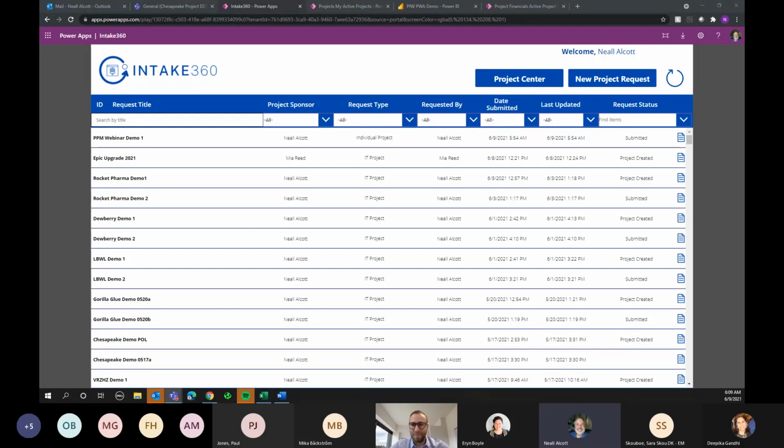So as Juan mentioned, we're going to focus on Project for the web and our PPM 360 Power App. But everything I'll be showing you today is built on top of the Microsoft Power Platform. And you can really leverage the Power Platform to build out a lot of your internal processes so that you can streamline those processes, make them electronic, and of course gather the information, the data related to those processes through